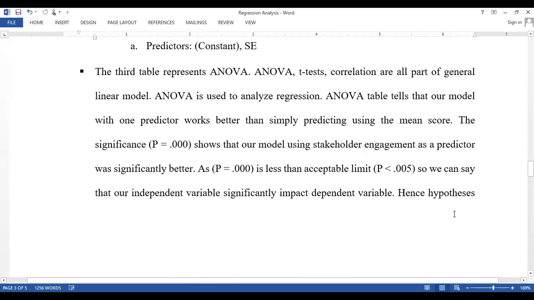So how can we interpret that table? This is the ANOVA table. The ANOVA table, t-test, or correlation are all part of the simple linear regression model. ANOVA is used to analyze regression. Definitely we use the ANOVA table to analyze the regression analysis. The ANOVA table tells us whether our model with one predictor works better than simply predicting using the mean score or not. Moreover, the significance value shows that our model using stakeholder engagement as a predictor variable was statistically significant,